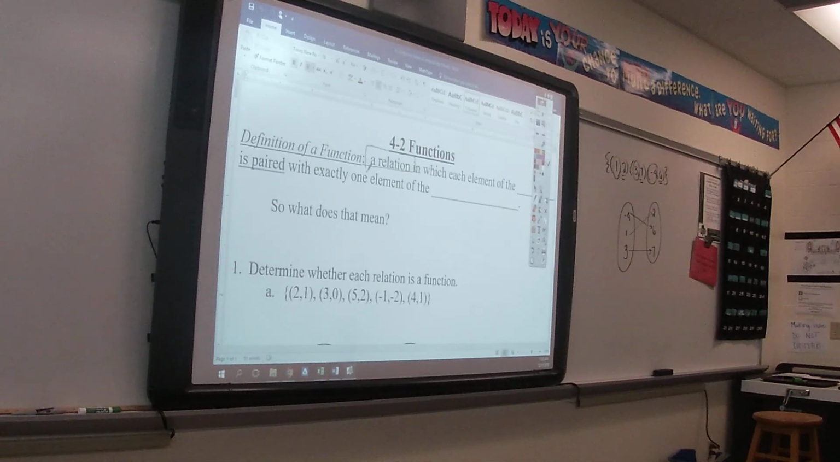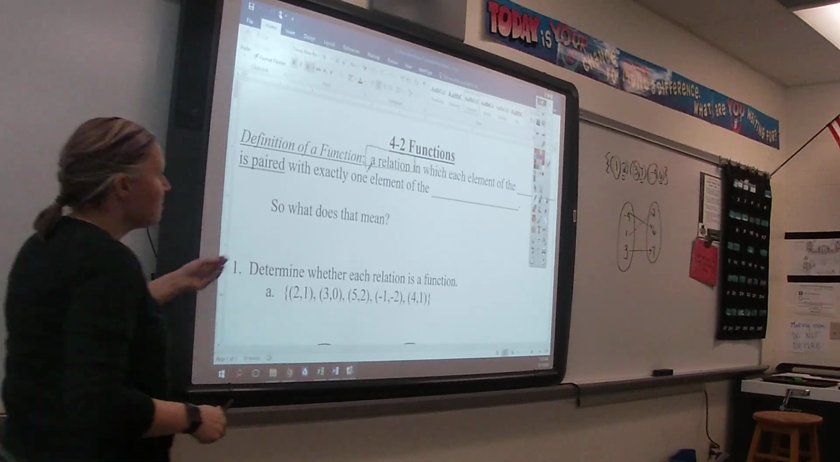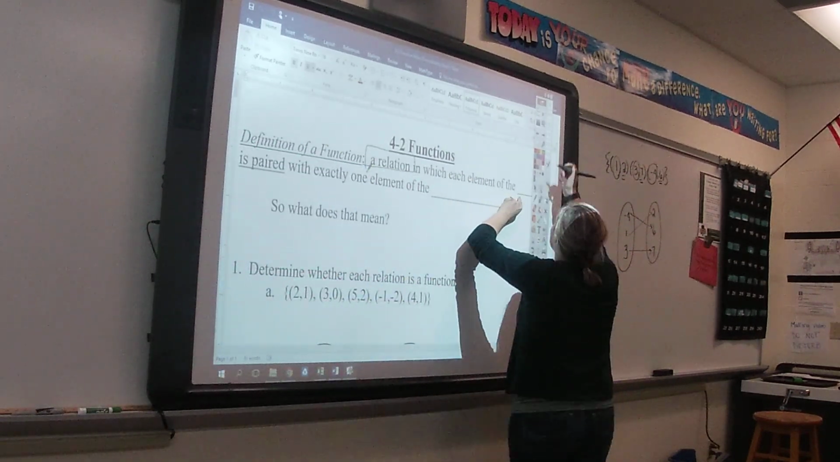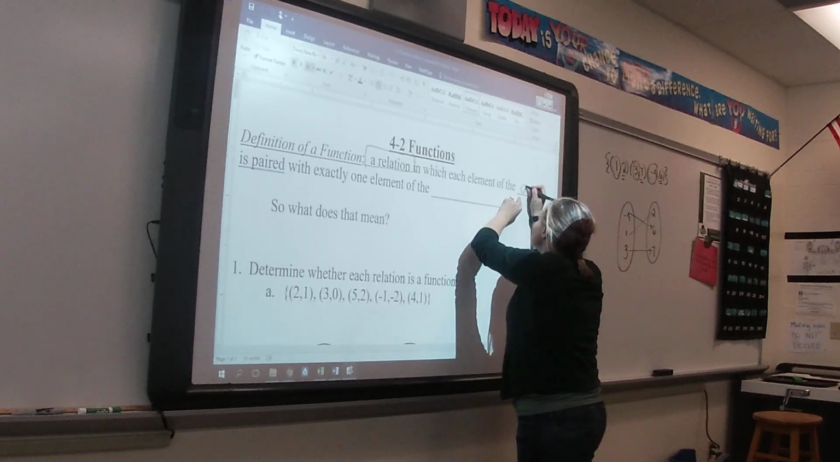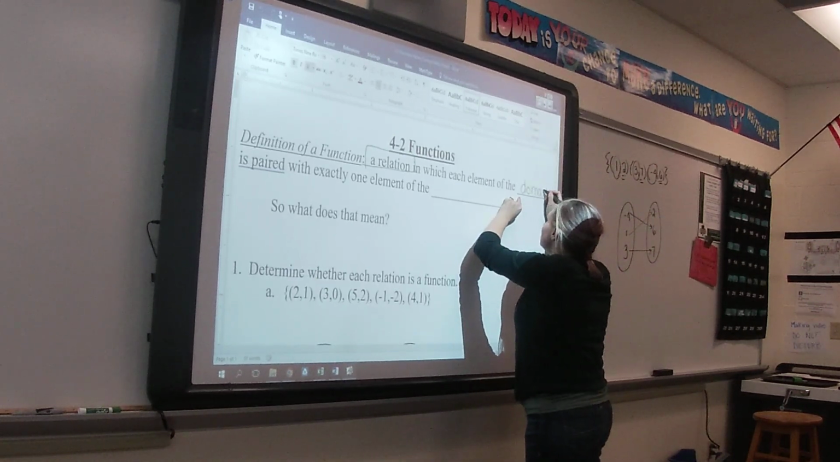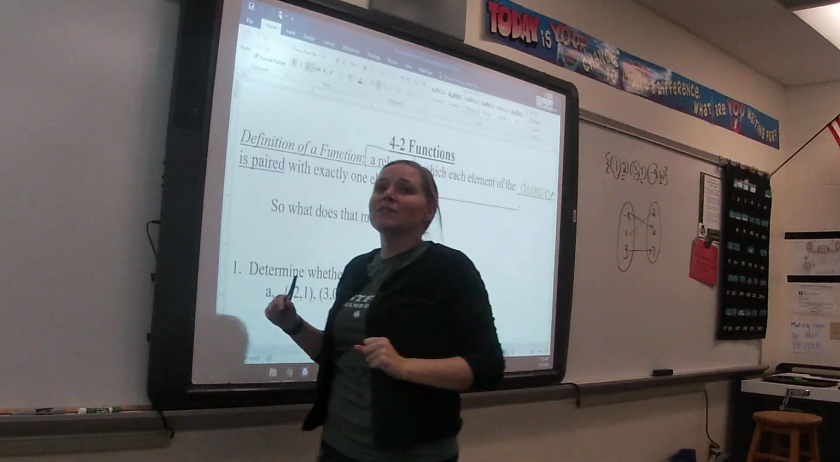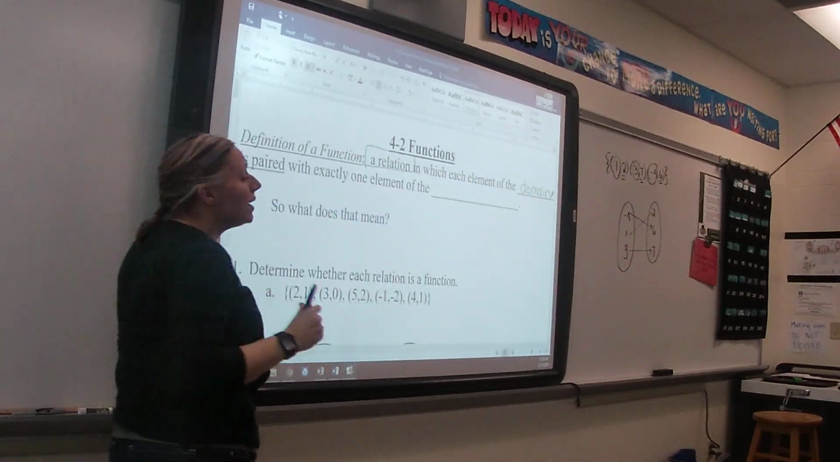For a relation to qualify as a function, each element of the domain is going to have to be paired with exactly one element